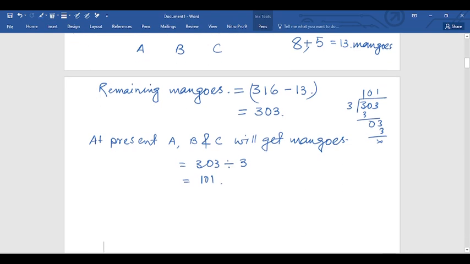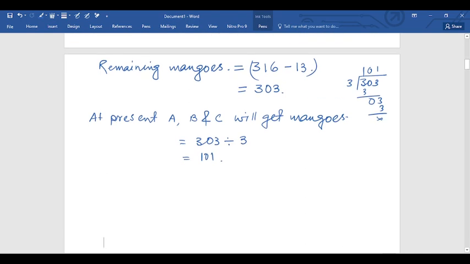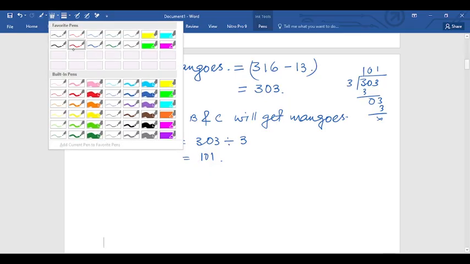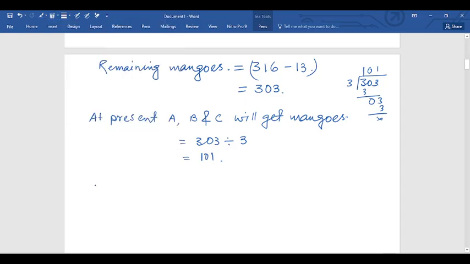Now finally this has to be distributed equally, but now it says A gets whatever everyone gets plus 8 more mangoes, that is 109 mangoes,